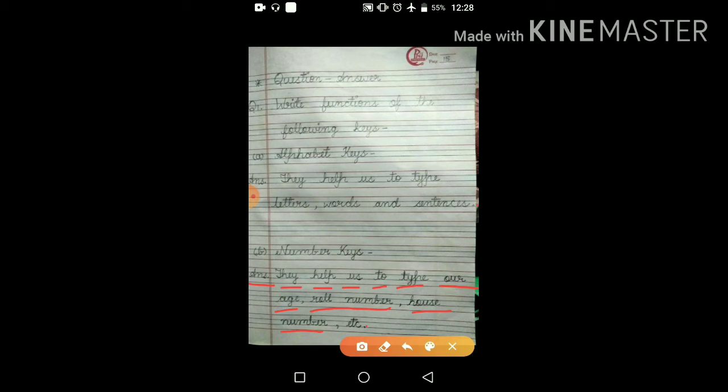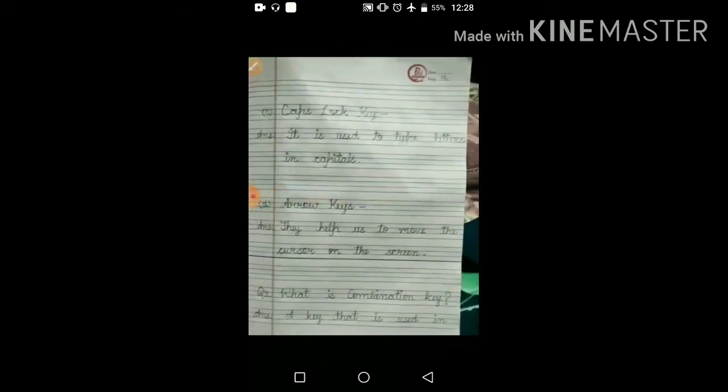Okay, so after writing second part, you leave one line. Okay, as I don't have space here, so I move to the next page. If you have space on the same page, you will continue on the same page. Okay, after second part, leave one line. Then move to third part.